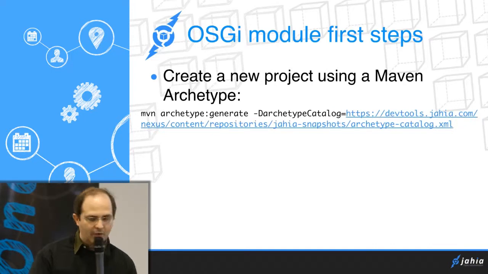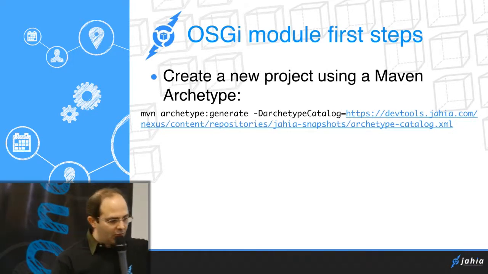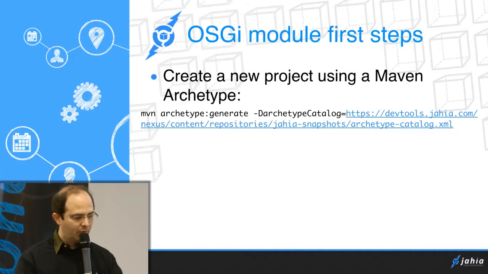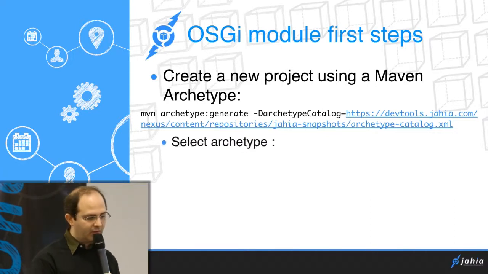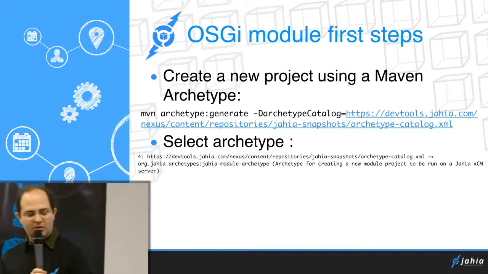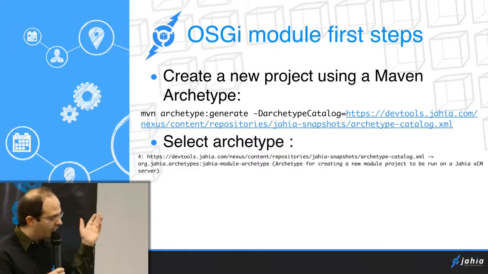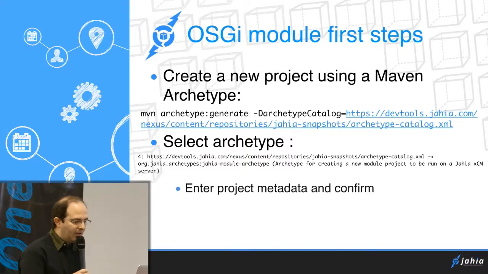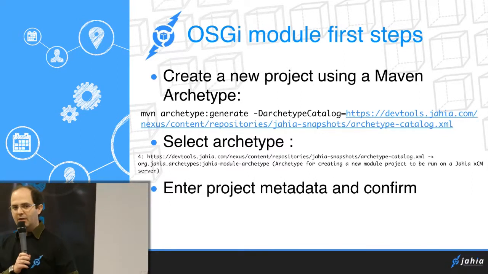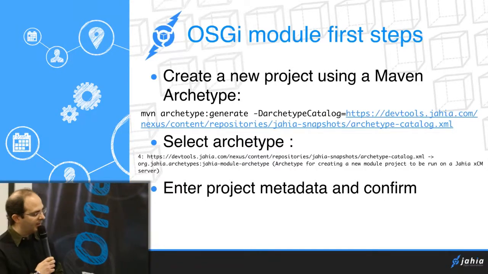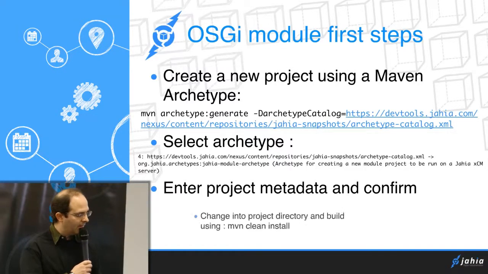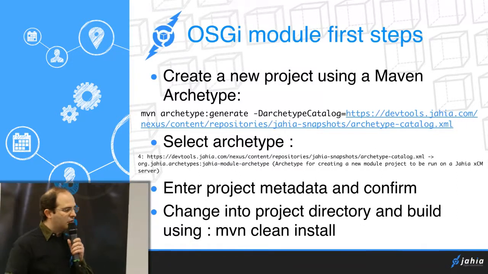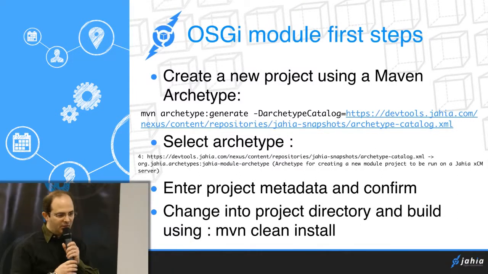So, what are the first steps to create an OSGi module? Well, you can use the studio, as I said, or you could use the Maven Archetype. This will ask you to select a type of project you want to build. You can choose, for example, the module one, or if you want to build templates, you'll choose a template one. It'll ask you for some project metadata, like the group ID or the artifact name. You can confirm it and then simply change into the project directory and use clean install to build your